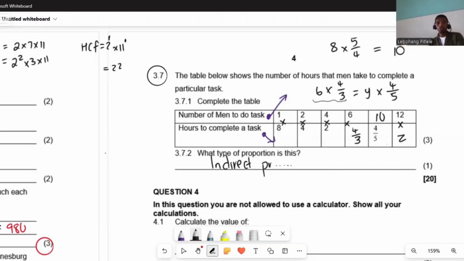So that was question 3.7. Question 4. Let me quickly do this because I need to start a new session, but that session I will start without us being in record mode. But I will post this on YouTube once I'm done. So we go to